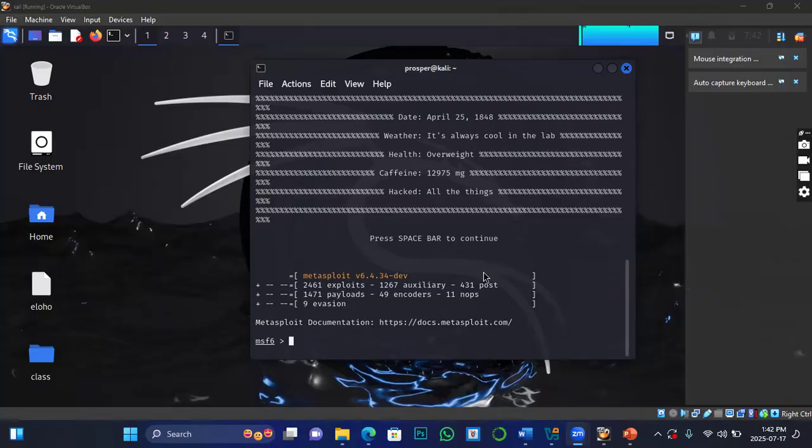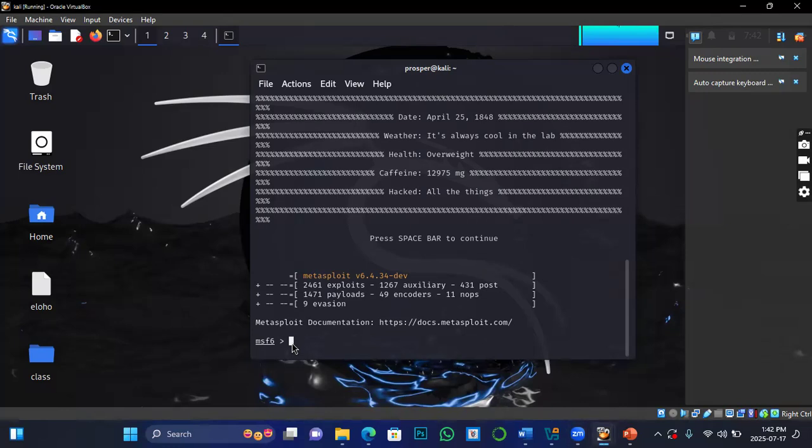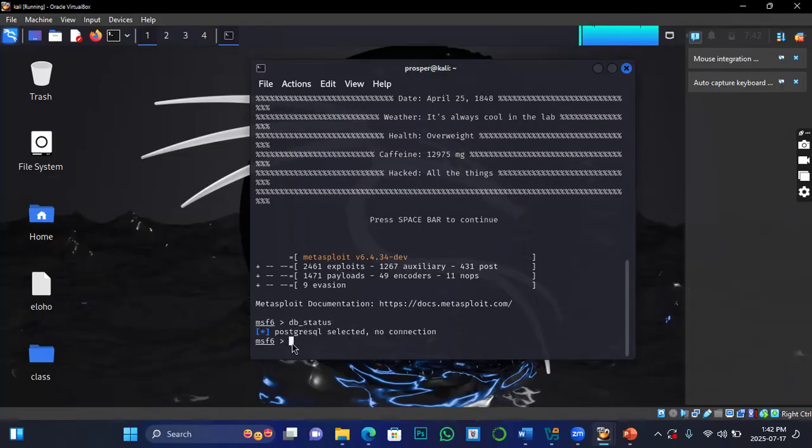DB what? DB underscore status, just for me to confirm if it's connected. So PostgreSQL, my own is telling me no. Your own is still connected. Status. Okay, let me run